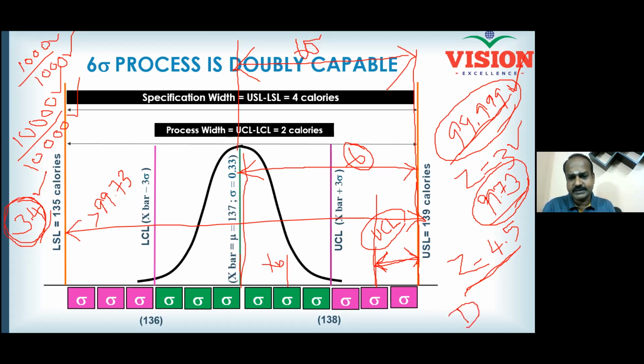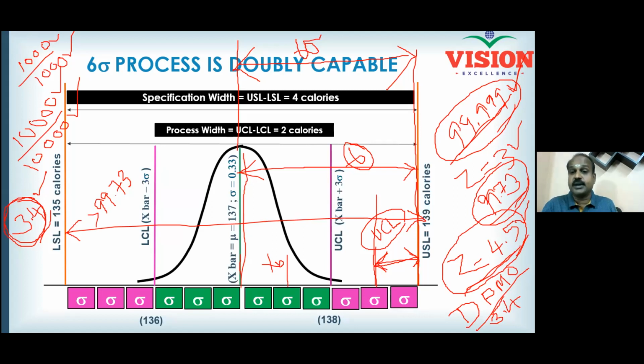3.4 defects per million opportunities. And this success rate of 99.999 is not a short-term success rate. It is a long-term success rate. Why do I call it a long-term success rate? I have not used the Z score of 6. I have used the Z score of only 4.5. I know my process capability is 6 sigma, but still I consider it as 4.5 sigma. And it is only for 4.5 sigma that this rule of 3.4 DPMO comes. So yes, a process having a capability of 6 sigma in the short term becomes a process of 4.5 sigma in the long term.